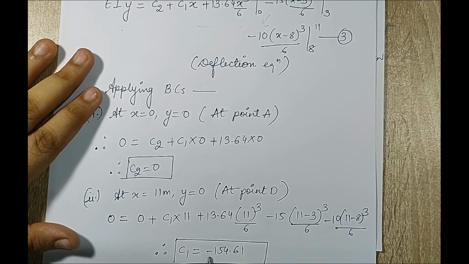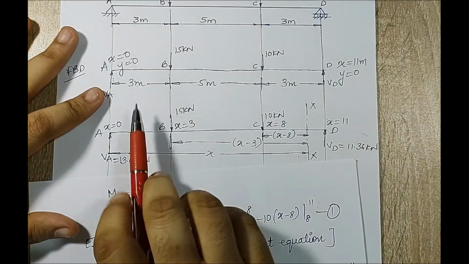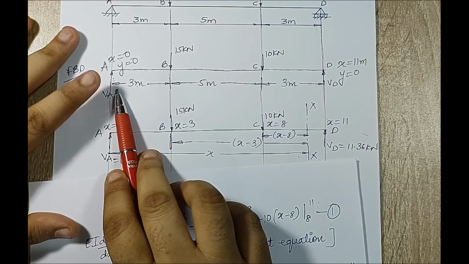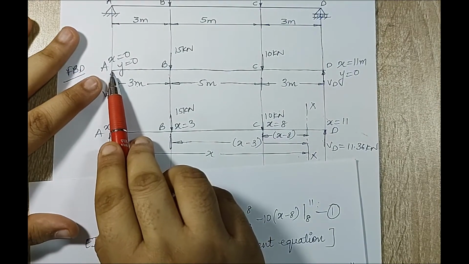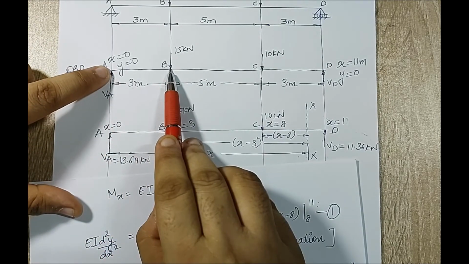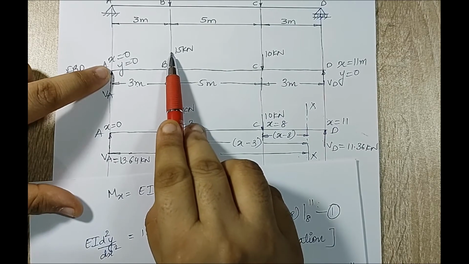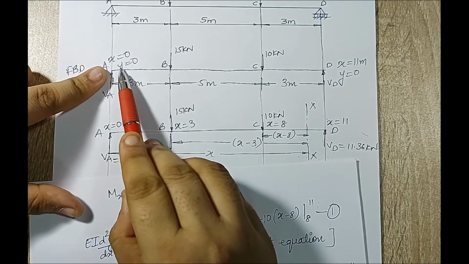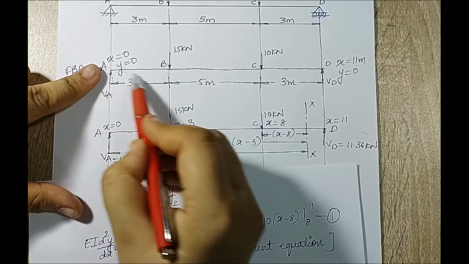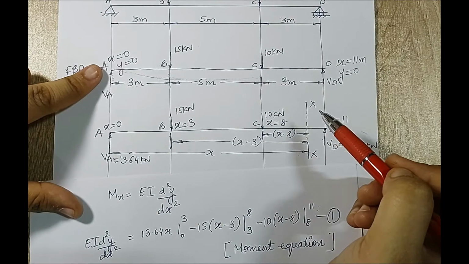Now the value of C1 can be positive or it can be negative. Now how will I know that my value is correct? If you look at the beam and if you look at the loading condition, at this point A, there is a hinge support. So at this point, there is no deflection. But when you look at the point B, this is causing a downward direction force. So when you have a downward direction force here, obviously your beam will bend something like this. You'll have a sagging kind of effect if you look at this loading condition.